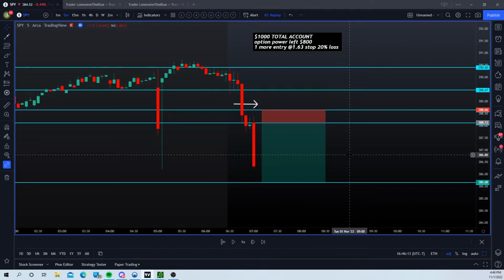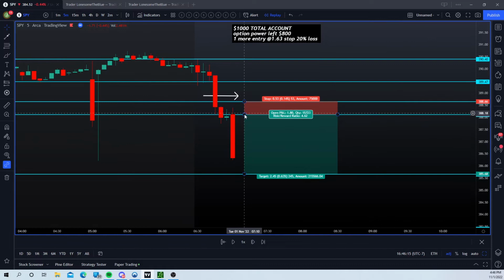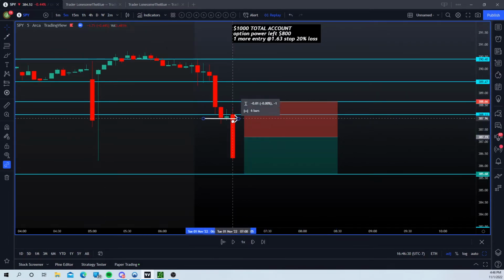1.60. So now what do I do here? Since we have one contract, we either take profits or we wait until it goes to 385. And the way you stay green is by having this risk reward. You put it to almost half of the candle, especially if it's a big one like this. You get to half of the candle, so our stop loss will be there.